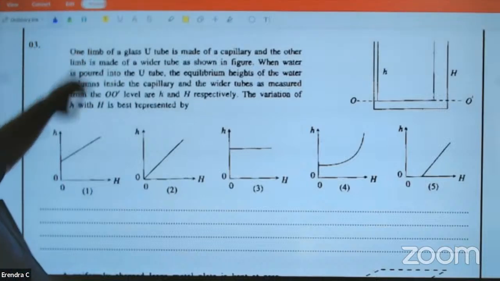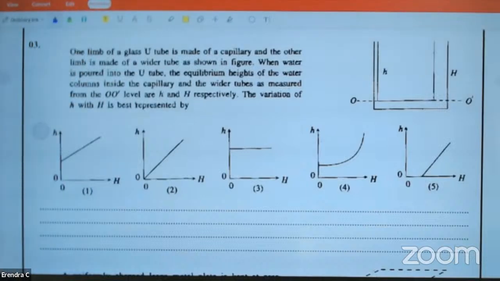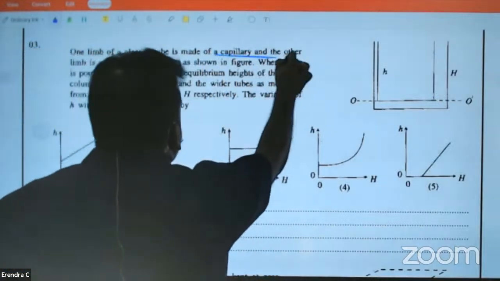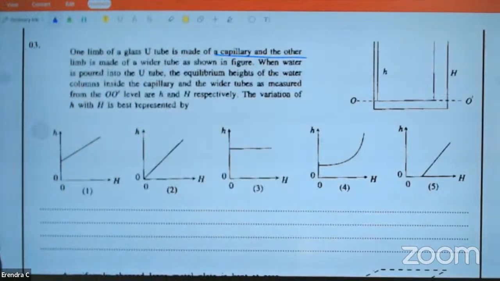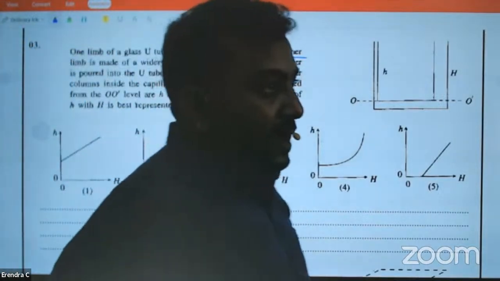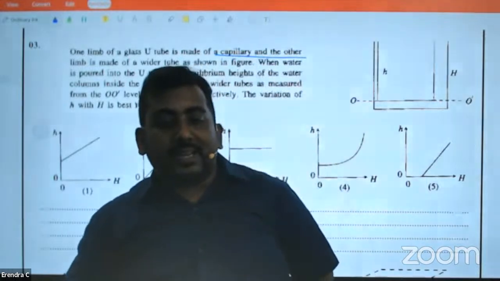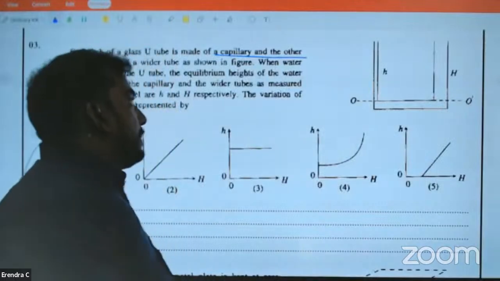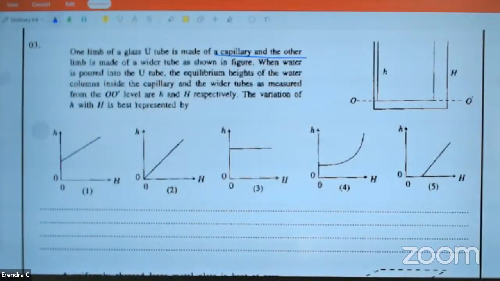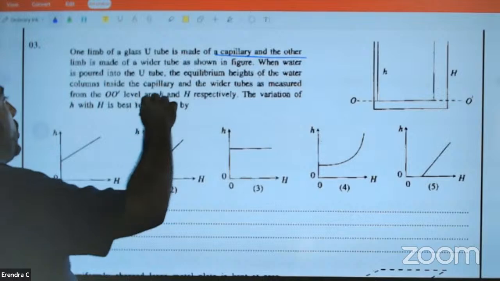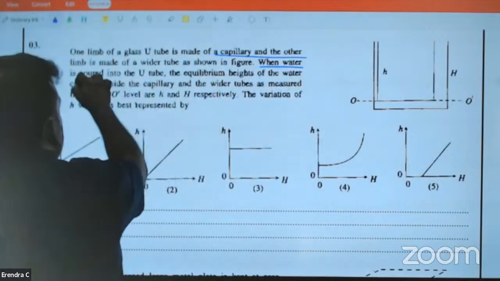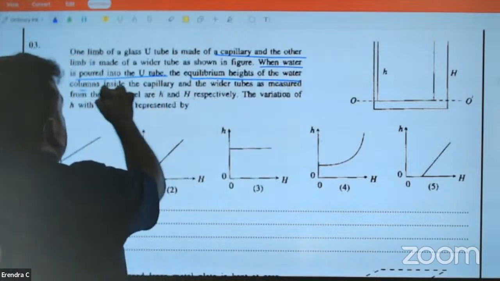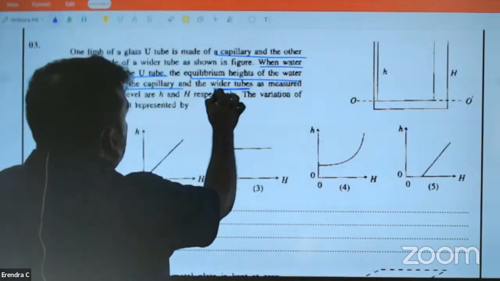Carefully look. One limb of a glass U-tube is made from a capillary. Now remember, when the word capillary comes, surface tension will normally come into play. In a capillary tube, surface tension will come into play. When water is poured into the U-tube, the equilibrium heights of water columns inside the capillary and the wider tube